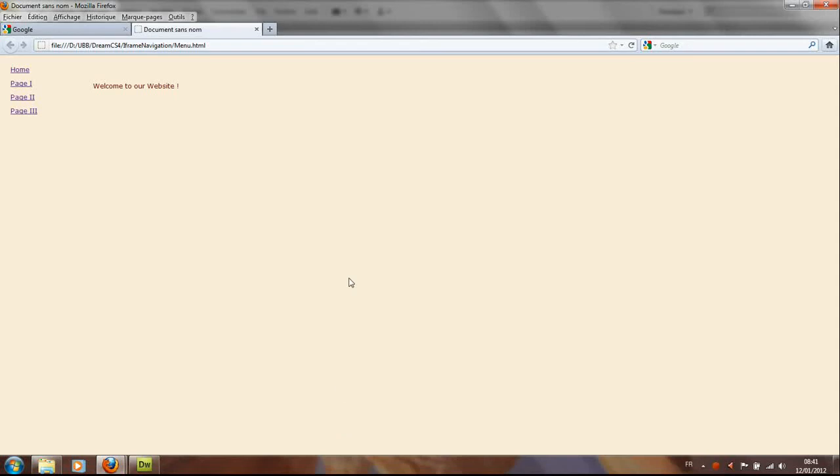So we will see in this section how to create a navigation system using iframes. An iframe is a special window allowing to split an HTML page to display the content of another HTML page. So I've here a menu on the left of the window here, and here I've got an iframe